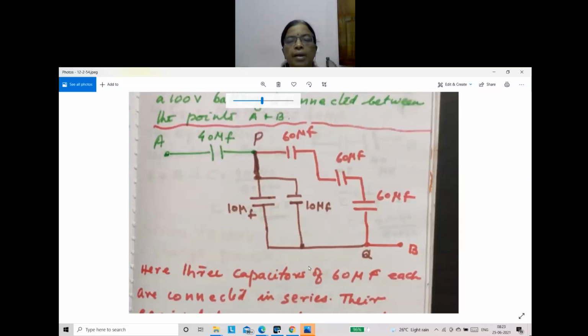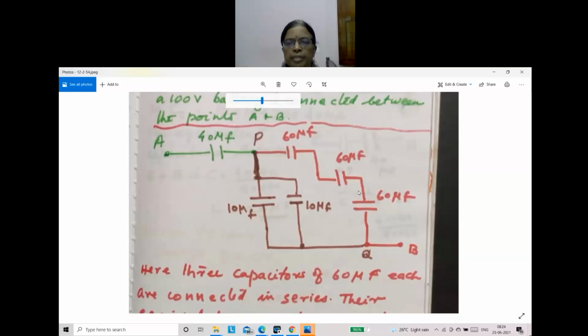Okay. In series connection there will be a 40 microfarad. After finding these two combinations, this will be connected in series to that, a single capacitor then. So they will be in series with 40, and the effective capacitance of this combination will act as a single capacitor, and that value we have to find out first. Then the two will be in series, positive negative, connected to the point B. So first of all you have to do these three capacitors in series.